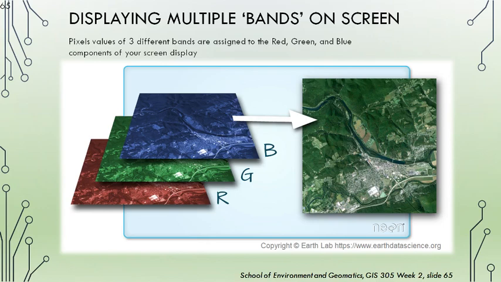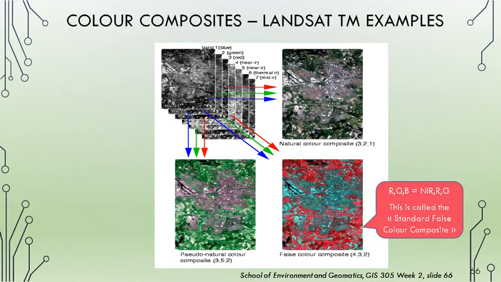so this is how you display true colors if your satellite captures signal in the red, green, and blue portion of the electromagnetic spectrum. But you can also play with this and display what we call color composites. So if you use Landsat Thematic Mapper, the sensor here as an example, you can take the blue, green, and red bands, these three first ones. Let's ignore 4, 5, 6, and 7 for now. But if you use only these three and you assign the red to red, the green to green, and the blue to blue,